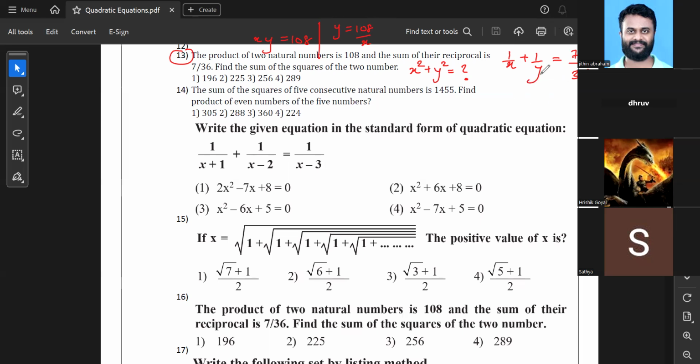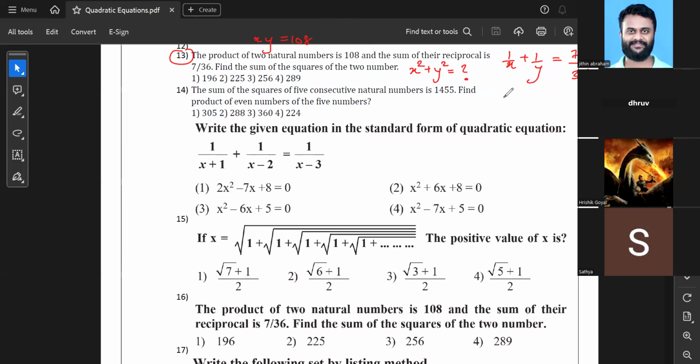That will give me this equation only in terms of x, so I'll get the value of x. Once I get x's value, I can substitute it to get y's value. This is my first method. The second method is